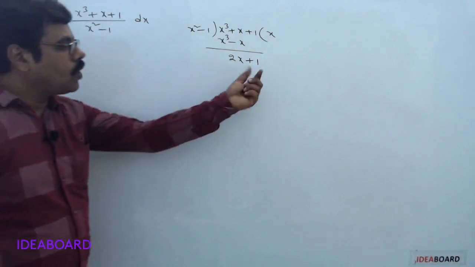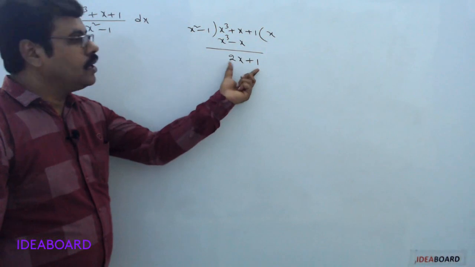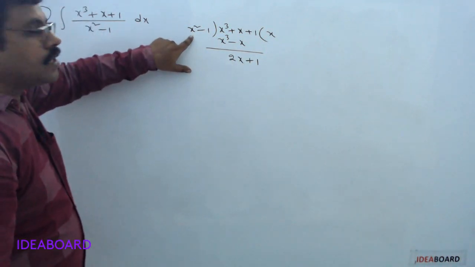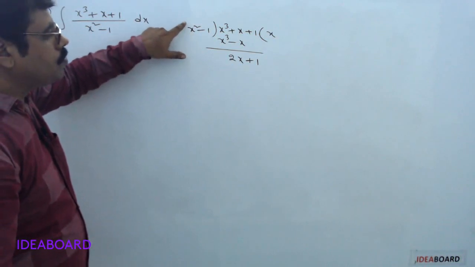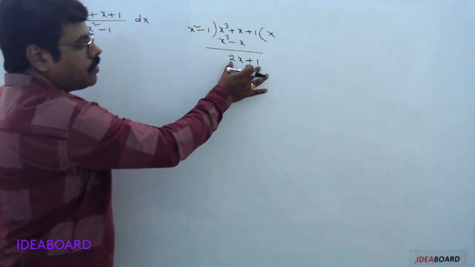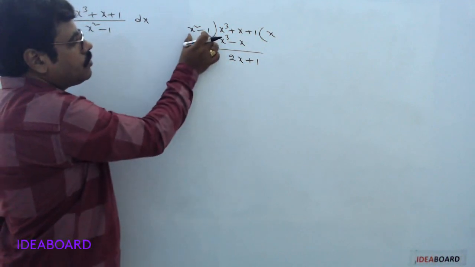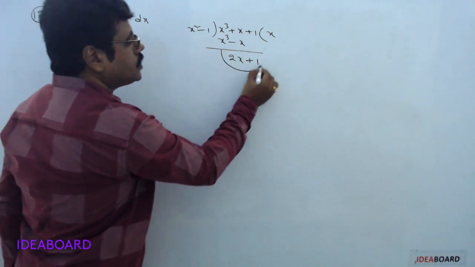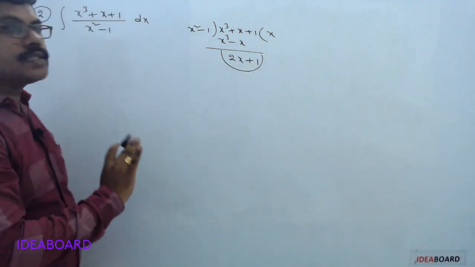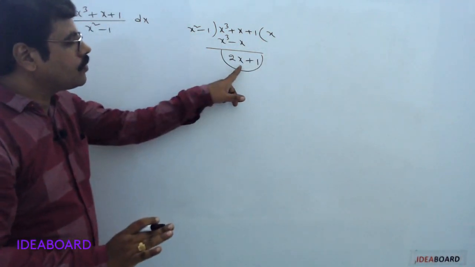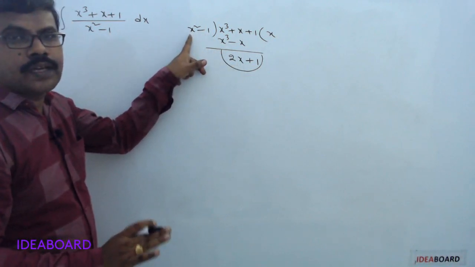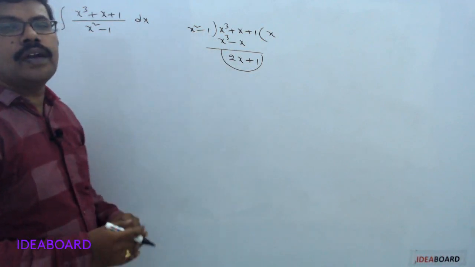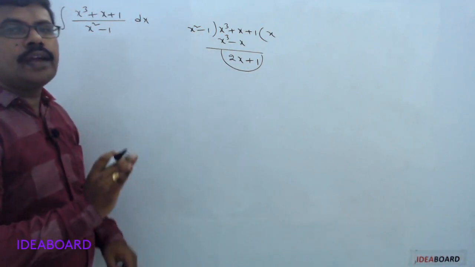Now here, what is the degree of this remainder? The degree of this remainder will be 1. What is the degree of this divisor? The degree of this divisor will be 2. The degree of the remainder is 1 and the degree of the divisor is 2. So you can stop the division because here the condition is that the degree of r(x) is less than the degree of g(x). In general, the degree of the remainder is less than the degree of the divisor. So you have to stop the division.